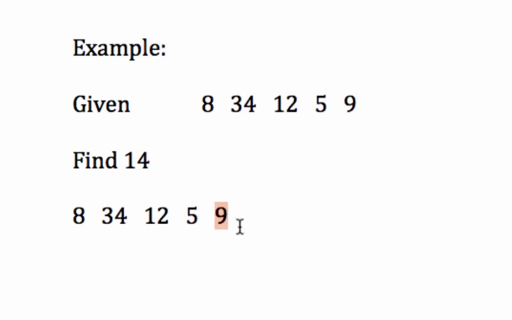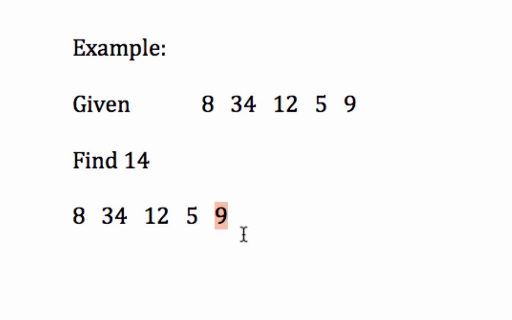But now, the algorithm will realize, oh, this is the last value in the collection. I look everywhere in my bedroom and I cannot find my wallet. So what do I do? Well, we don't go around looking again. We know that it's not in the bedroom. We go to a different place. Well, here, the algorithm will stop because it has inspected every value in the array and did not find any